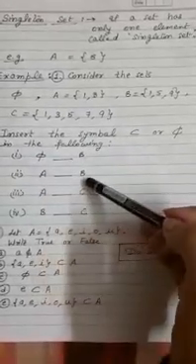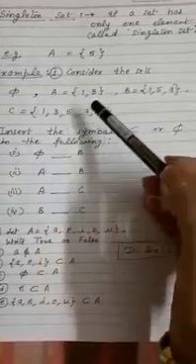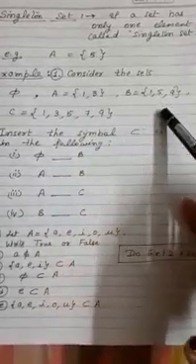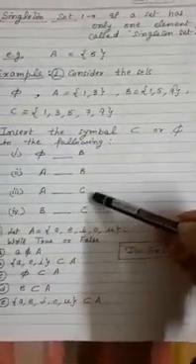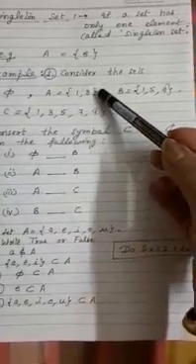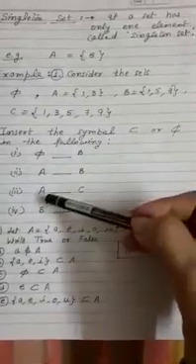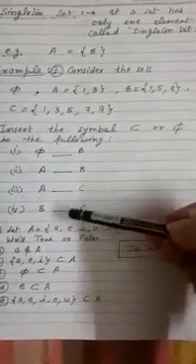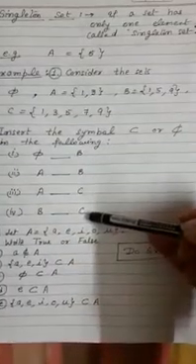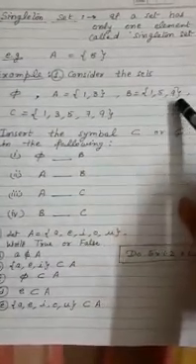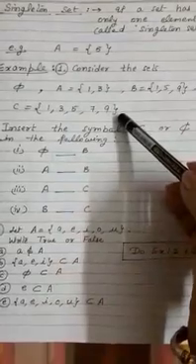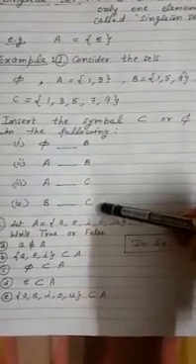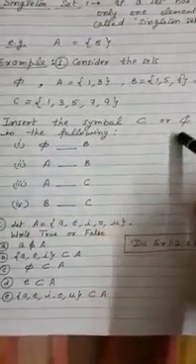A is a subset of B? No, it is not a subset because all elements of A are not in B. A is a subset of C or not? The elements of A are in C. That's why A is a subset of C. B is a subset of C or not? The elements of B are 1, 5, 9 and 1, 5, 9 are in C. That's why B is a subset of C. So we have to put the symbol accordingly.